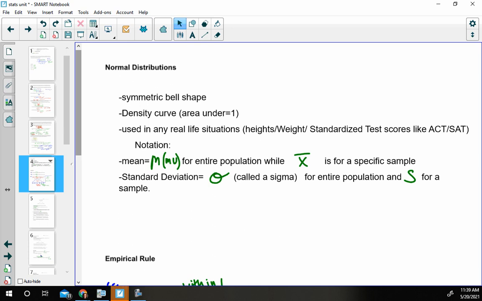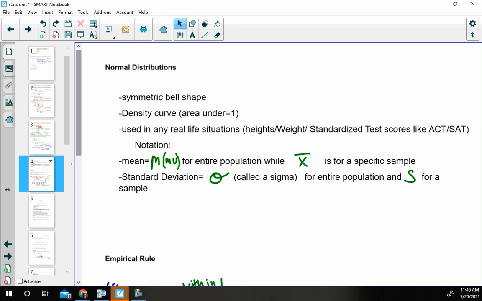So in IM1, you see this symbol. You would have talked about standard deviation with the S, and you would have talked about the mean using this X bar. We're going to be using the mu more so than X bar, and you'll learn more about that if you go into AP statistics. They both mean mean, but one's for a specific set. Like if I did some sort of distribution with this class period versus the entire school, I can find the mean of this specific class, or I can find the mean of the entire school. And when you have bigger sets of data, that's when we're going to use the mu.